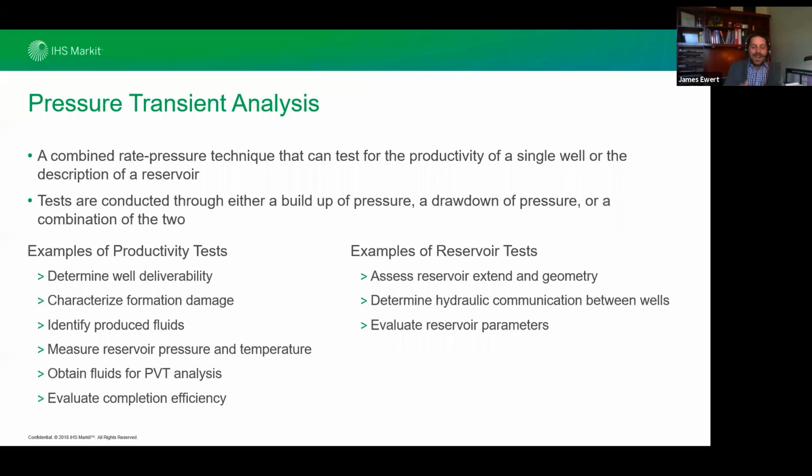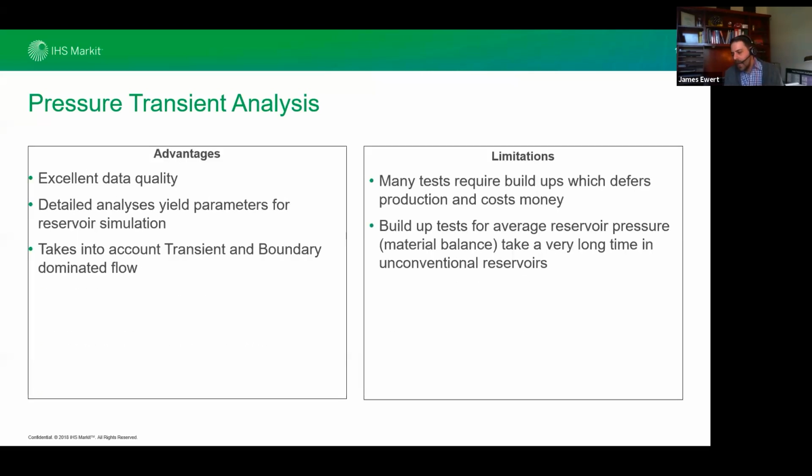You could shut it in, wait for it, log it, and I don't even know if then you would still be at your average reservoir pressure, and that would give you an indication of what's going on. So we clearly had an issue with unconventional wells, particularly because we had such long transients. We weren't in that boundary dominated flow. So we need to find a way to get a sense of our contacted volume, our material balance, without shutting